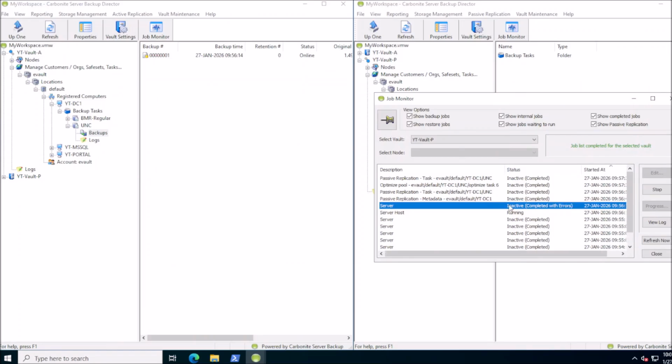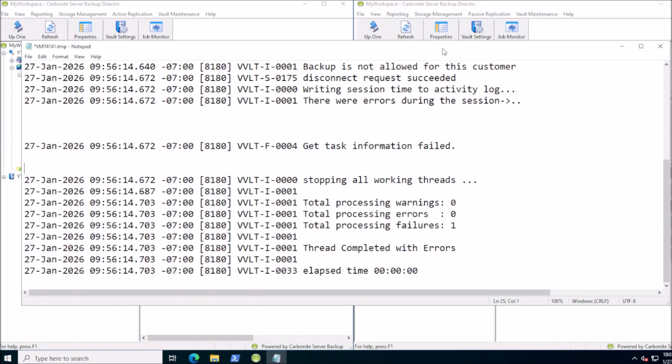So let's open up this one and see what the problem is here. I've expanded this out to make it a little bit easier to see, and the problem here is the get task information failed, and that is saying that the vault doesn't know anything about the task that the agent is trying to communicate about. Basically, the agent reaches out to the active vault and the passive vault at backup to